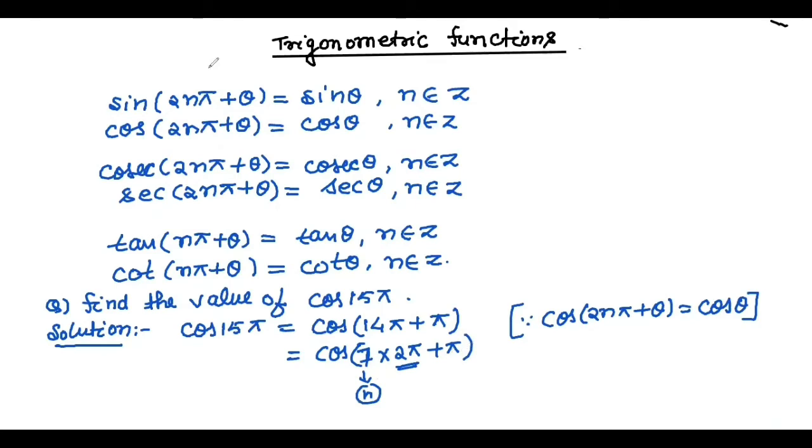So we can write it as cos of pi only. And cos pi value we know is minus 1. No need of splitting it like that. For showing you all, I have split it. We just have to confirm whether the value is in this periodic form or not. If it is, then we can directly write it. Means cos of 14 pi plus pi, we can write as cos pi according to this concept, cos of 2n pi plus theta equals cos theta.